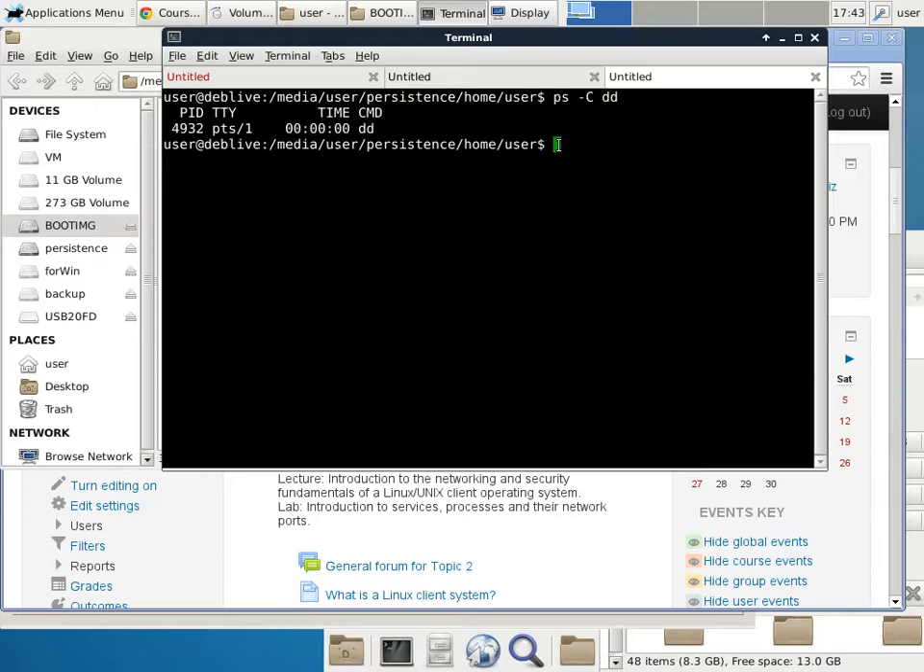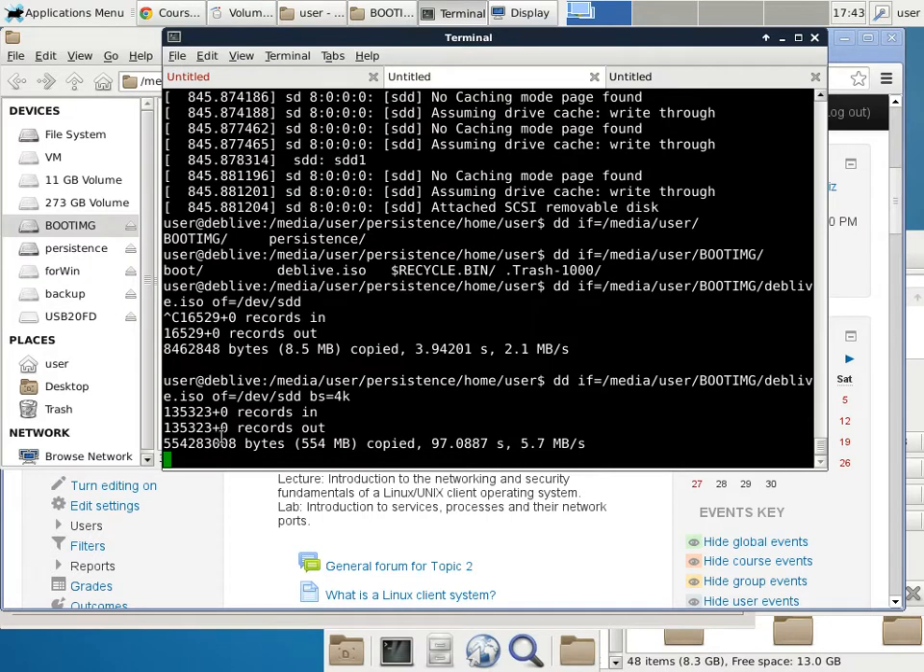Okay, now that I know the process ID, I can actually poke it. This also looks really dangerous, because to poke something you're going to use the word kill. Kill in this case is dash USR1 and then the process ID 4932. I'm just going to press the enter key here, and you will see that over here it doesn't kill